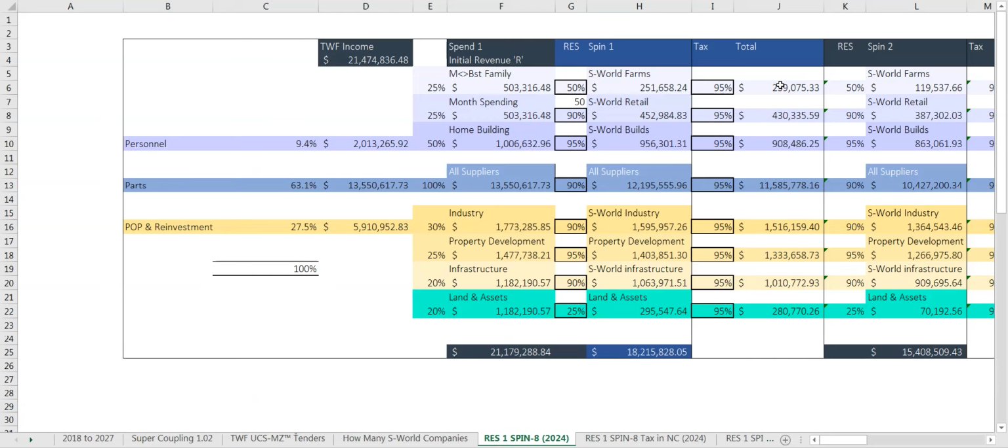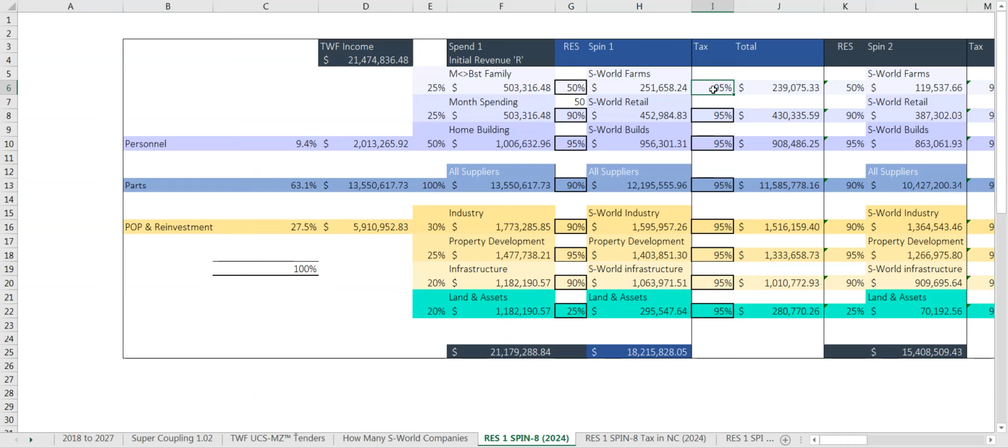Now, res, what is it? First of all, res could only apply in this day and age to a system that was mostly philanthropic or ecological or just in the interest of the men and women of a country. Because 75 to 80% of everything that S-World is going to be doing, be it building houses for the people who live there, the Malawians, be it electricity, be it, you know, this, that, and the other, what we're saying